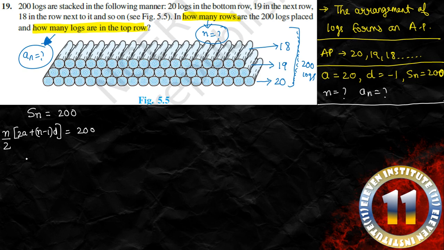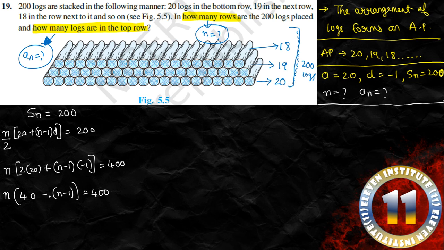This 2 is in the denominator, it will go over here to the numerator and get multiplied. So here we now have only n multiplied by 2. Instead of a we can write 20. So we shall write 20 over here, plus instead of n we cannot write anything because that is not given to us. Instead of d we shall write minus 1, bracket complete, and here now we have to write 400 because this 2 is multiplied over here. Again n will be kept as it is. 2 into 20 we get 40, minus plus minus, into the brackets we have n minus 1.